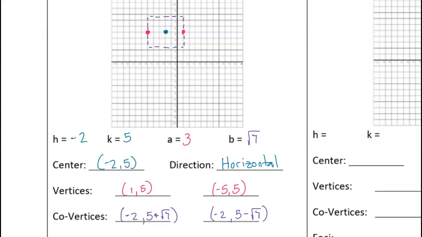Okay. So the reason why we draw our box is because the corners of our box tell us where to draw our